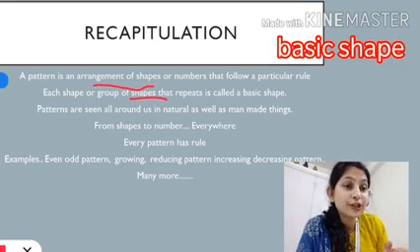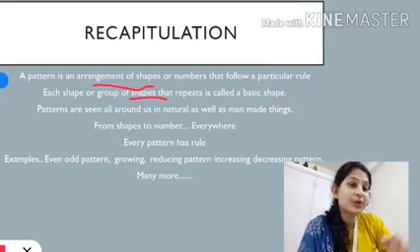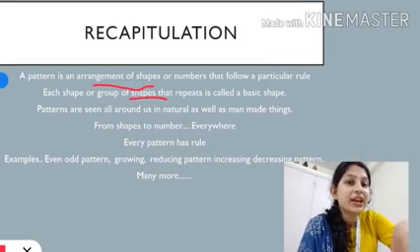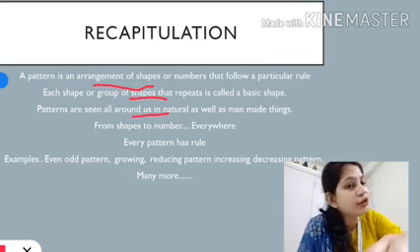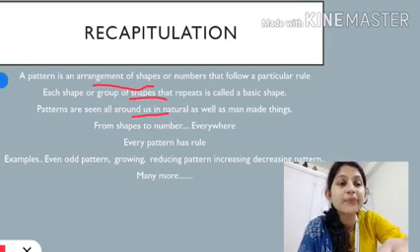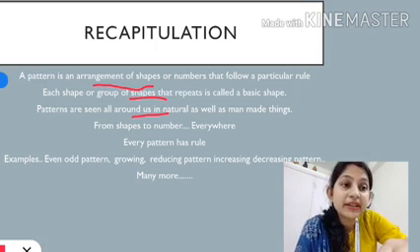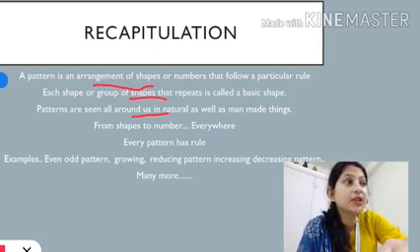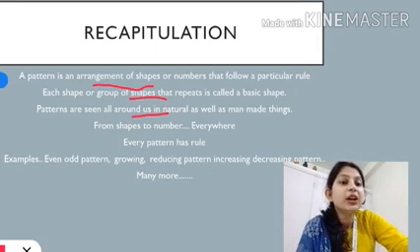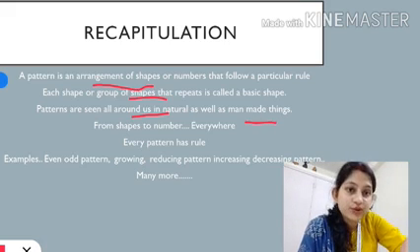Hope you remember all those things from where we started the chapter. Now it's almost the end of the chapter. Patterns can be seen all around us. It can be natural patterns. You remember the skin of zebra, then giraffe, many were examples. And we can see patterns in man-made things like tiling, the pattern of a window grill, bricks arranged sequentially. So these patterns were man-made as well as natural.